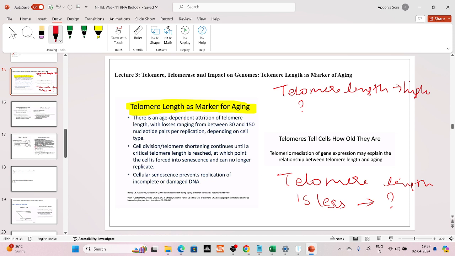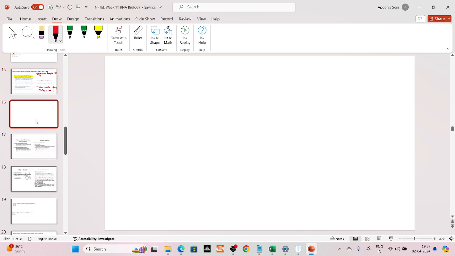Cell division or telomere shortening continues until a critical telomere length is reached, at which point the cell is forced into senescence and can no longer replicate. Cellular senescence prevents replication of incomplete or damaged DNA. It is very important and we shall see it in subsequent slides also. I am just telling you,